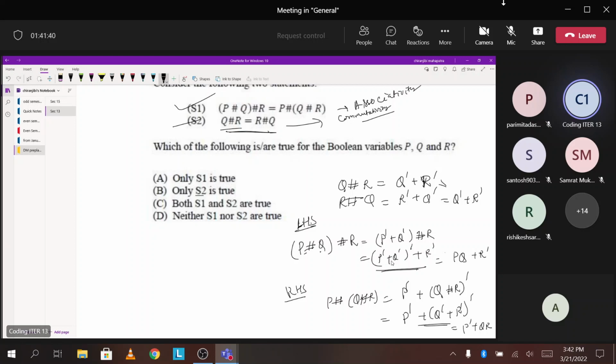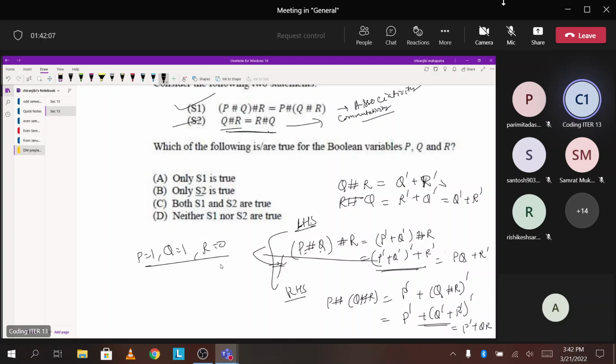ठीक है। तो ये दोनों तो ऑब्वियसली इक्वल नहीं है। या यदि तुम्हें डाउट हो रहा है इस तरीके से, तो वन थिंग यू कैन डू दैट, so here LHS not equals to RHS, or you can take an example here, okay। So from here, you can do one example. If you take P equals to 1, Q equals to 1 and R equals to 0, ठीक है।